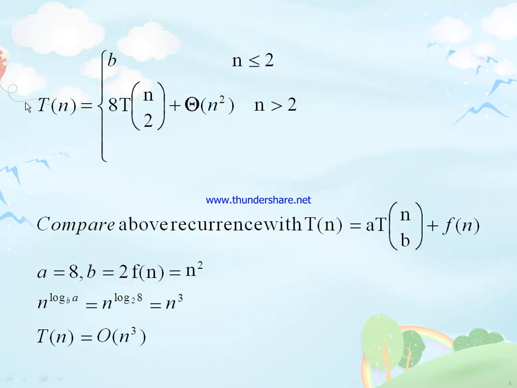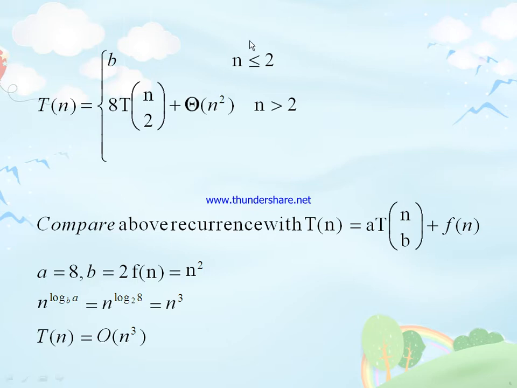So we are representing the already calculated time complexity in a recurrence relation format. T of n equals B if n is less than or equal to 2. There are only dimension 1 values, so there will not be more multiplications. If n is less than or equal to 2, that is B. If n is greater than 2, then if n is less than or equal to 2, we have to perform n by 2, and n by 2 means 1 into 1. So that is very clear.